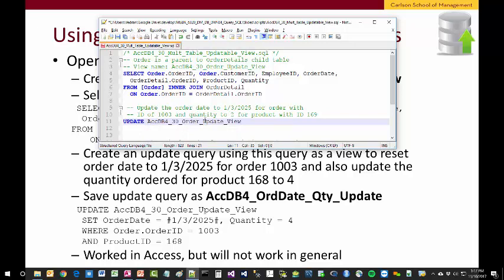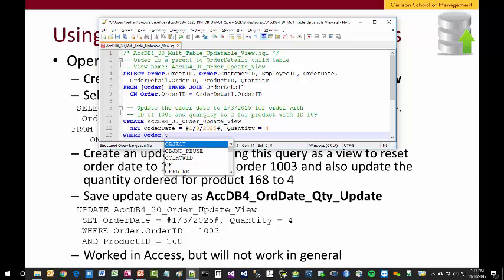Okay, by setting order date to within hashtags in Access January 3rd, 2025, comma, quantity to 4, where, make sure to put the where clause, order ID is that 1003 just mentioned, and